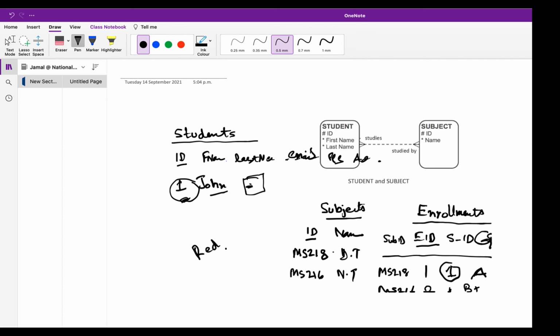We don't need to change anything in enrollments or other tables because we only have one entry of this John. So that's why in a DBMS, updating is very easy, instead of Excel or some manual system, where you can see it's very difficult. So there is no redundancy, and this way we can link different tables.